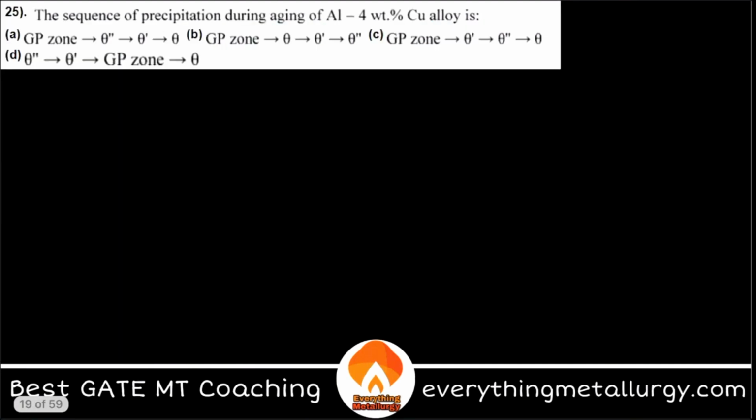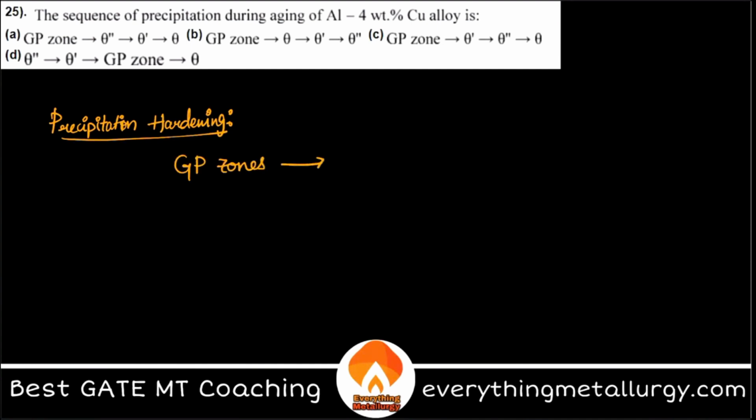Now again a simple theory question. Sequence of precipitation during aging of duralumin, or aluminum 4% copper. So precipitation hardening. We know what happens, right? Firstly we have GP zones formed. GP zones are nothing but a cluster of solute atoms coming in, which is converted to theta double prime, which is converted to theta prime, and finally you get theta equilibrium,